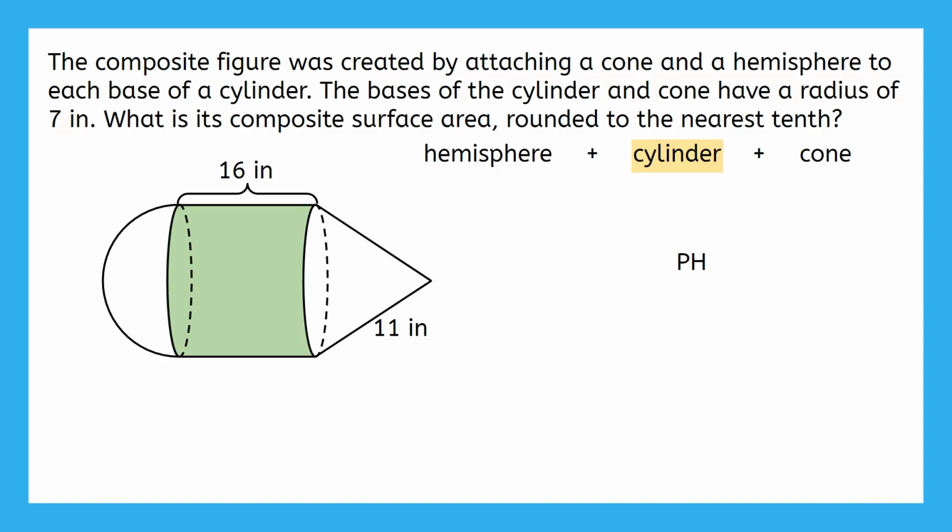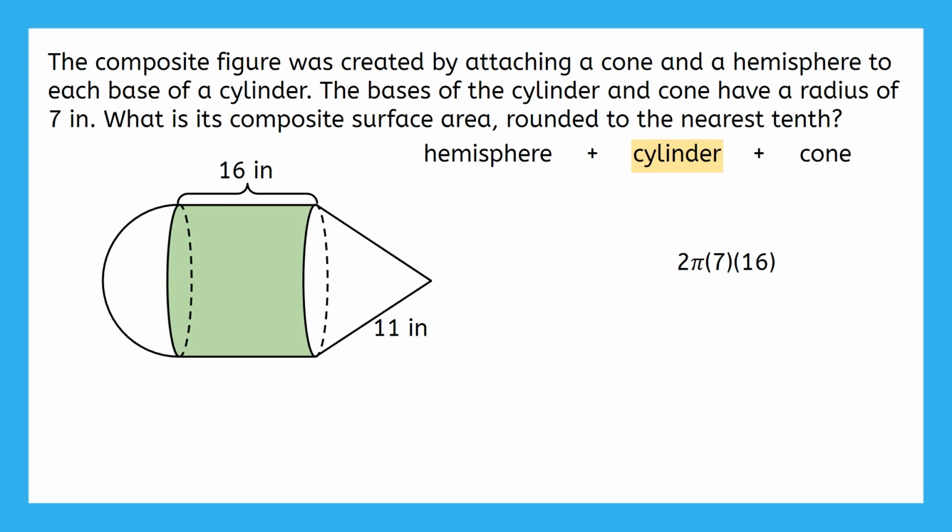The problem tells us that the base of the cylinder has a radius of 7 inches. The perimeter, or circumference, of a circle is calculated by multiplying 2 times pi times the radius. I can replace big P with 2 times pi times 7. The height of the cylinder is shown here, and it's 16 inches. So this expression will represent the surface area of this composite figure that comes from the cylinder.